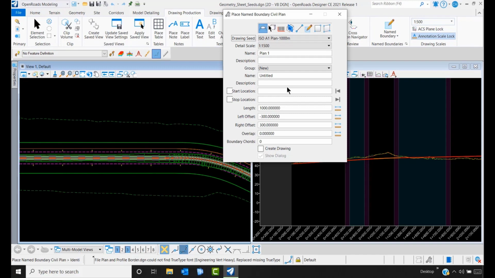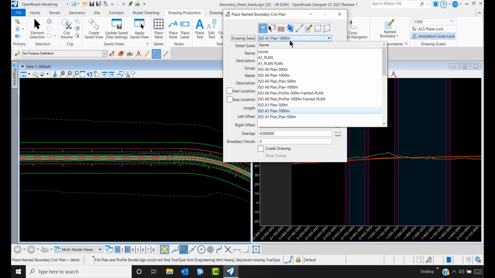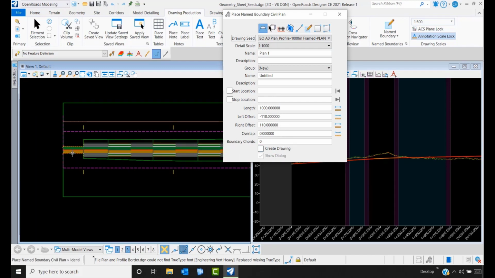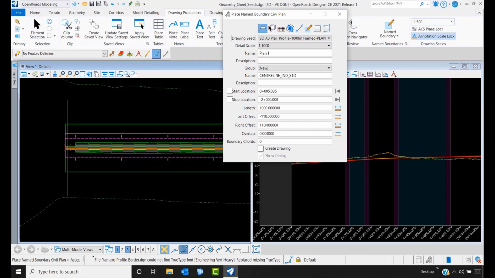So let us generate a simple plan profile for, let's say, A0 for 1,000 meter length of road per sheet. In this drop down, let us pick the one with the ISO A0 plan profile with the 1,000 meters, which is a plan. I'm going to generate a plan over here. I shall just pick this plan, and it will pick the scale and the length that have been arrived at. I'm not going to make changes to those. I'll just pick this alignment,